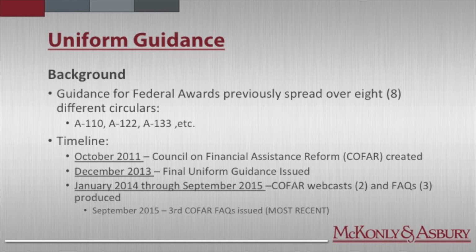The COFAR is an interagency group of executive branch officials who coordinate financial assistance. Their activities include providing recommendations to the OMB on policies and actions to effectively deliver, oversee, and report on grants, as well as providing best practices and innovative ideas. I'll talk about the COFAR in a little bit, but it's very important that you recognize this body because they are producing frequently asked questions, or FAQs, that actually become very important to understanding the uniform guidance itself.